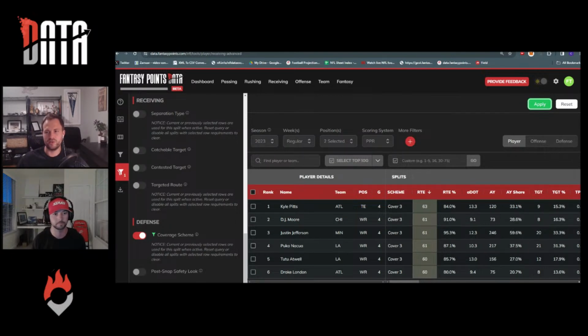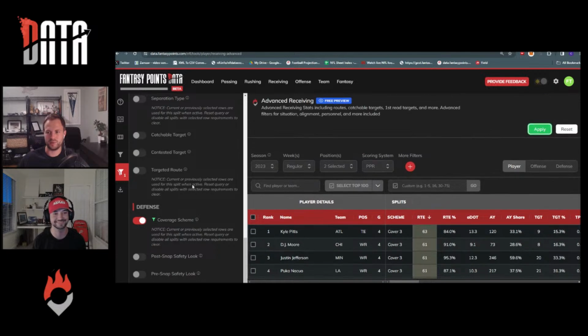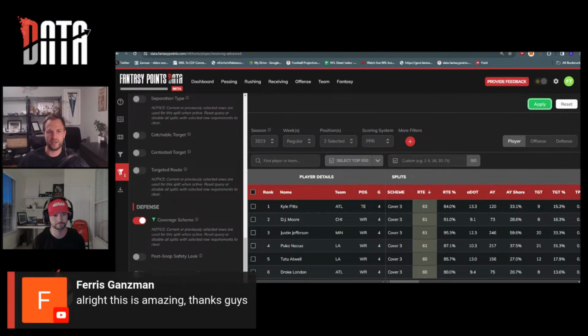Yeah, I think man versus zone is definitely a good start. I do think there are certain receivers and certain offenses that will do things differently based off of the coverage that they see. So cover 2 and cover 3 are both zone defenses, but they're played very differently. Not going to get into the nitty gritty football side of things, but basically in cover 3 you've got one single high safety, and the outside guys are basically playing like man coverage on the outside, whereas in cover 2, they're really in charge of the flats, and there are 2 deep safeties. So that's something that only looking at zone could not tell you.